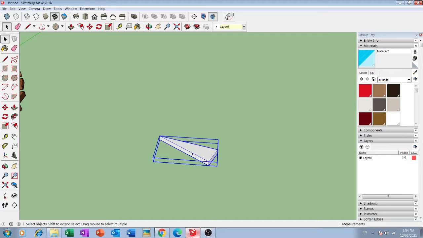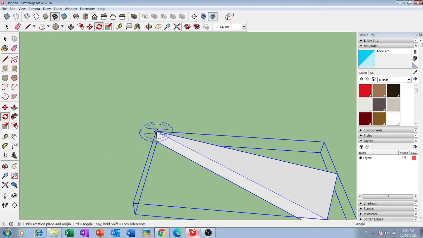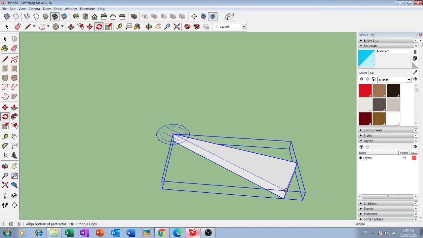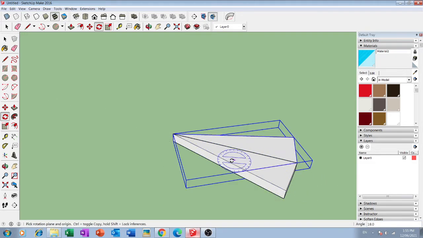Now we need to copy this component 20 times. For that we will select the rotate tool. Then I will press the up arrow key so this rotating circle will not change its plane. Then select this point, mark this point and press the control button once and copy this object.